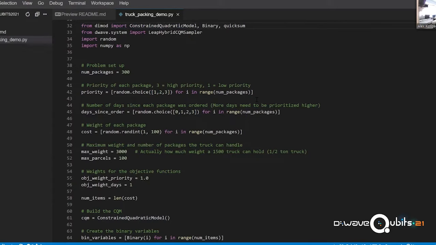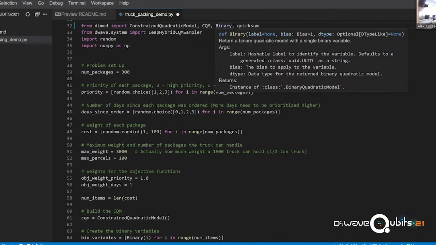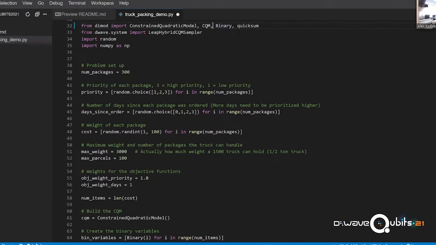If you prefer to use the shorthand, you can just import CQM directly like that, so you don't have to type out the full constrained quadratic model. Both work just as well. The binary and integer objects and constructors also live in DIMOD, as does QuickSum. The LEAP hybrid CQM sampler lives in D-Wave system, the same as the other hybrid samplers.